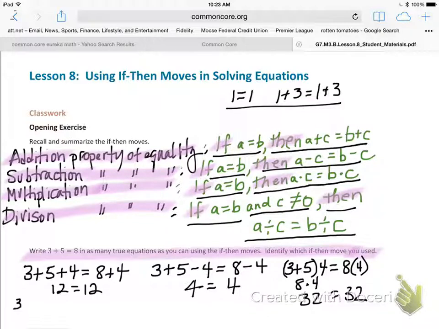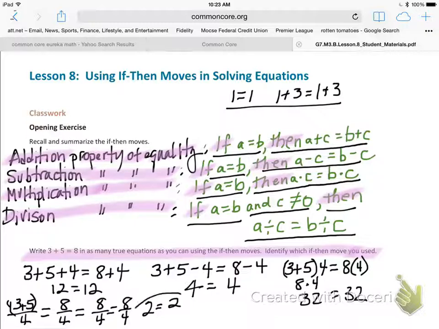So 3 plus 5, divided by 4, equals 8 divided by 4. Okay, so that equals, of course, 8 divided by 4 equals 8 divided by 4, which is 2 equals 2. Okay, so all of these work out, just examples of